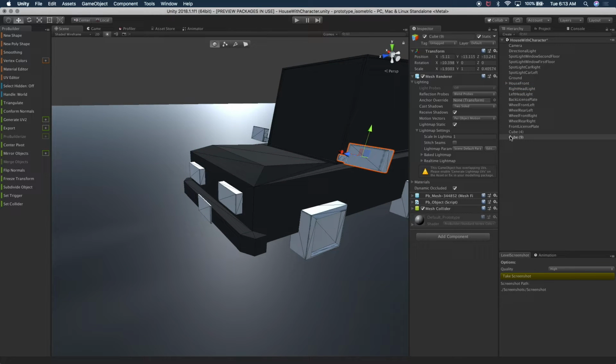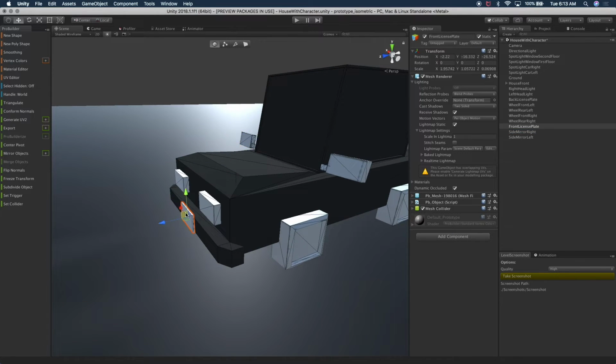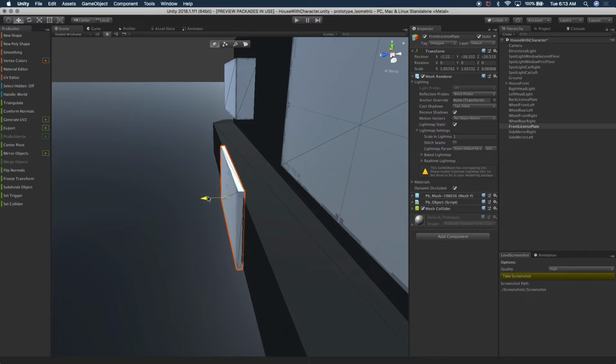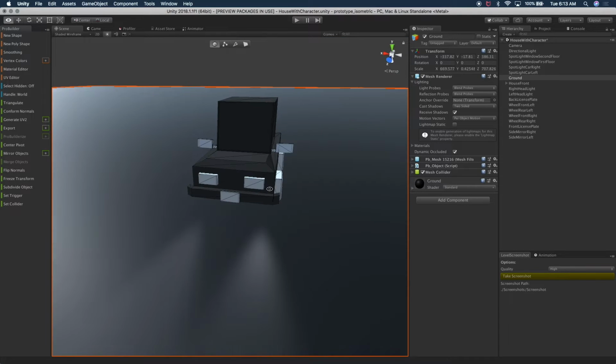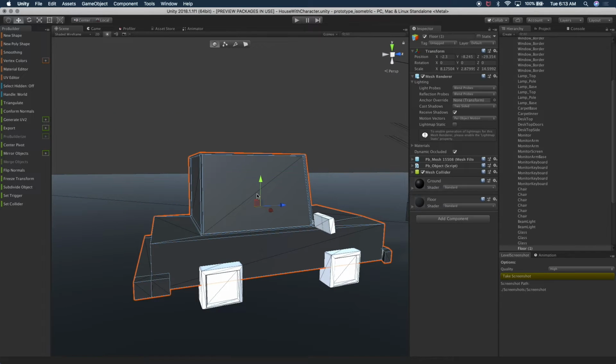And for our side mirrors, we're gonna do side mirror left and side mirror right. Okay, so now we have everything named, so it's much easier to find. I'm gonna move this one a tiny bit. Alright, so the next thing that I want to do, I want to add some materials to the windows on